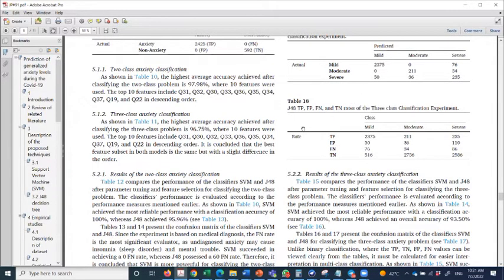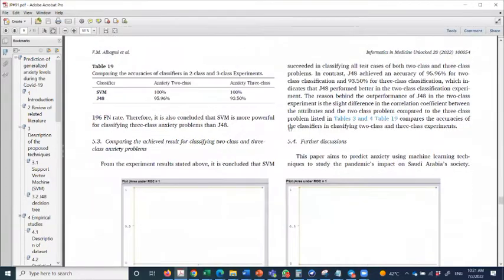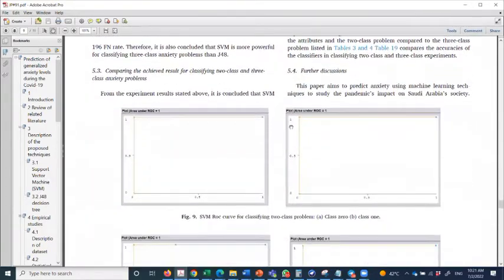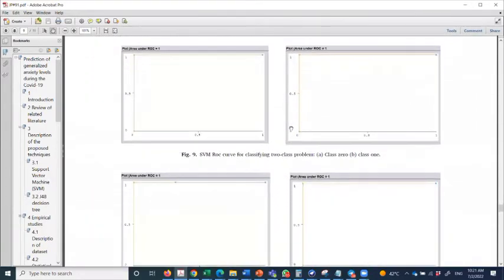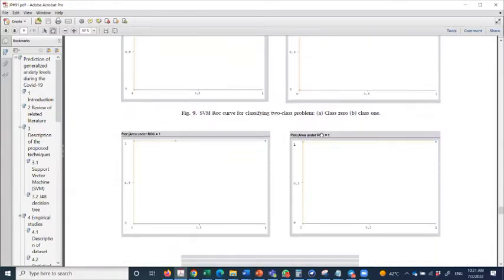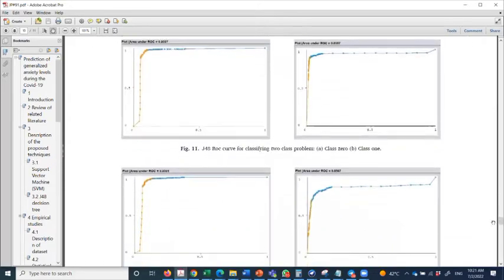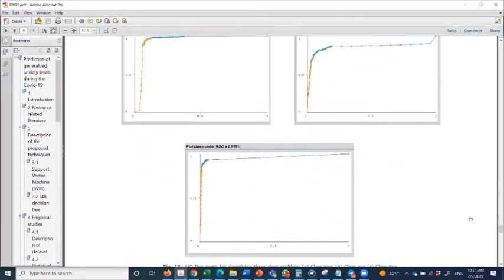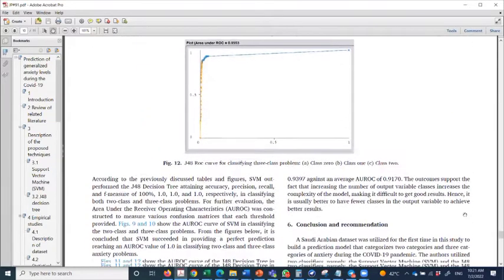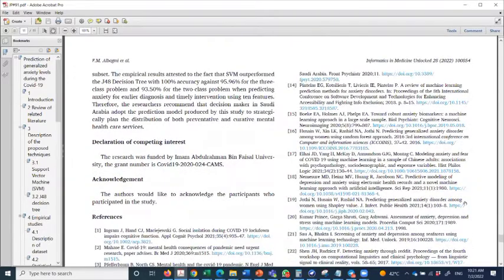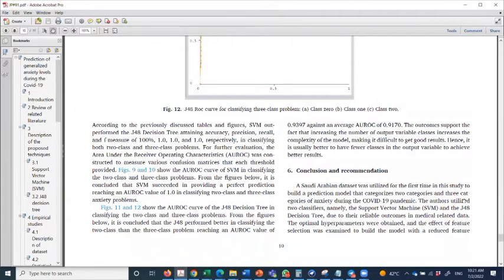Now, this is also done here. We have the false negative, false positive, and the rate. So based on what we have discussed, we also have other curves like the ROC curve, which is another way of showing further your result of classification. And of course, you don't forget to have a very interesting and fantastic conclusion and recommendation. Usually you should have conclusion,